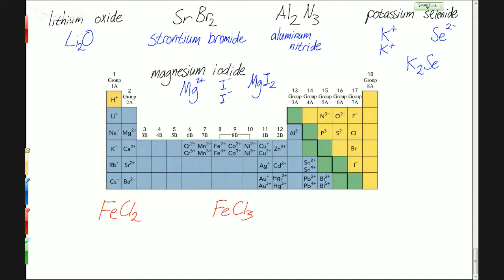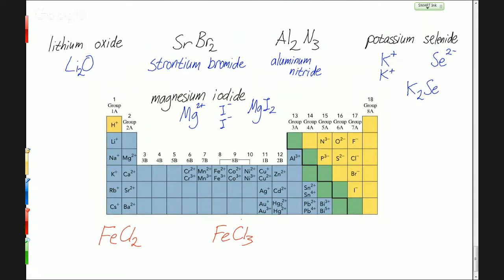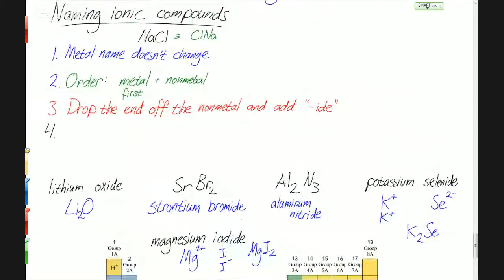If we just say iron chloride, we don't know if we're talking about FeCl2 or FeCl3. So if somebody said, hey, give me a formula for iron chloride, how would you know which one to write down? You wouldn't. So we need a way to talk about compounds where the metal can have more than one possible charge. And the way we do that, our fourth rule here: if the metal can have more than one possible charge,